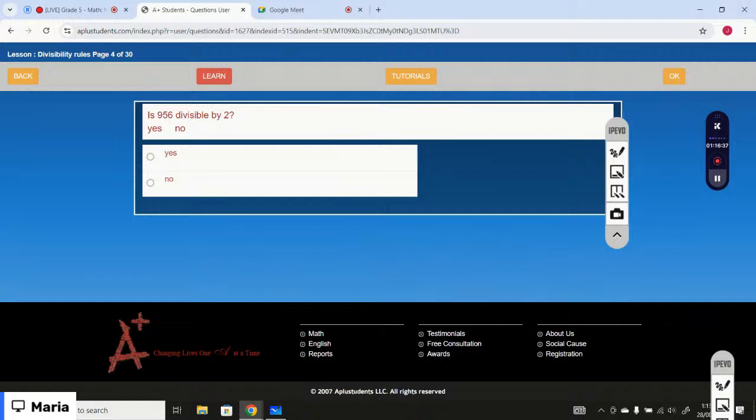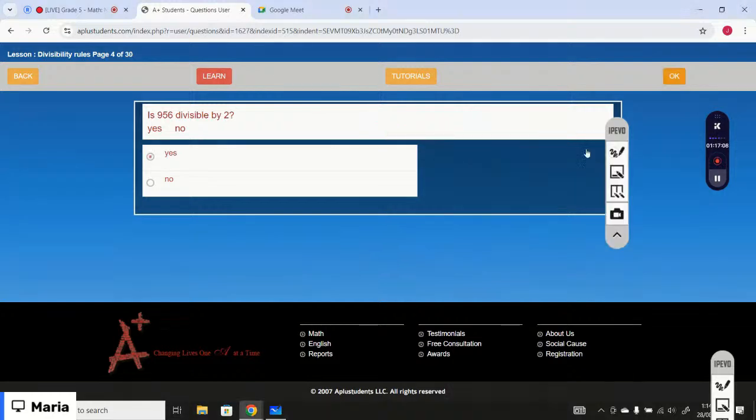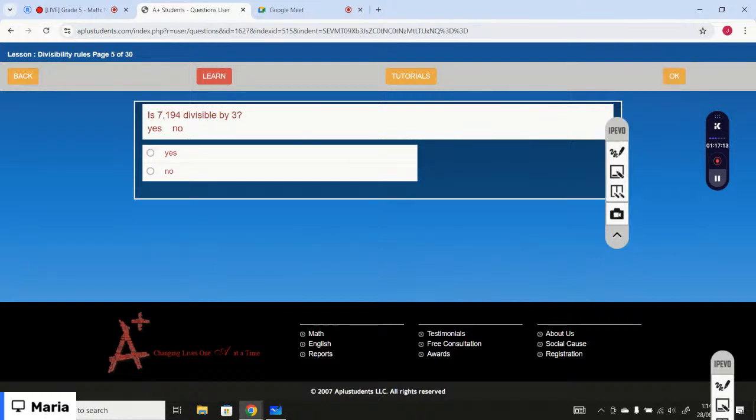Is 956 divisible by 2? So now let's just see. You need to apply the divisibility test for 2. The divisibility test for 2 is if the ones digit of the number is 0, 2, 4, 6 or 8, that means the number is divisible by 2. You can see the ones digit is 6, right? So that means yes, the number is divisible by 2. The correct option is yes. So basically, that is a very detailed lesson. If I start working on the divisibility rule,